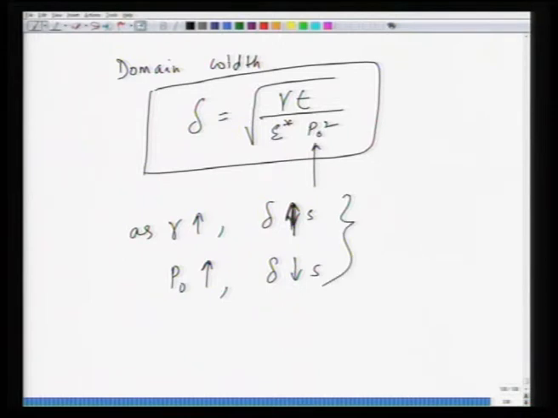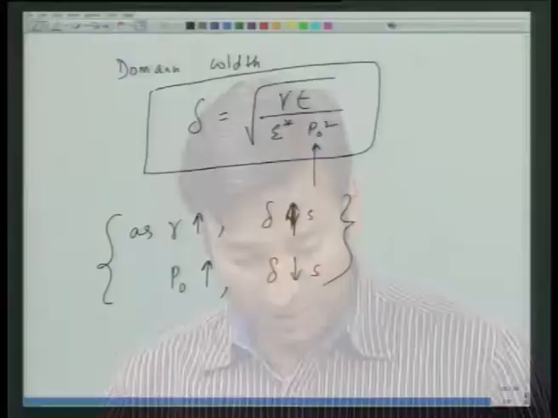So, you can see this conflicting requirement, and that is what leads to a balance resulting in the equilibrium domain size. Okay. And so we have gone through the concept of domain wall. Now, this domain wall has a significant influence in the way we explain the ferroelectric hysteresis loop. So, now when you draw a ferroelectric hysteresis loop,